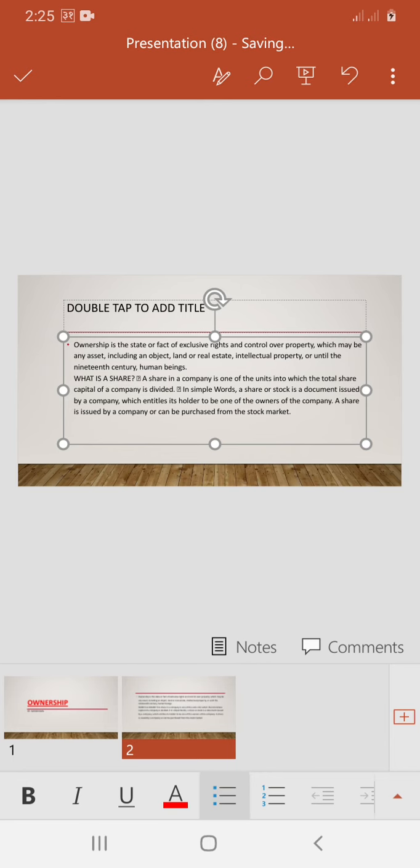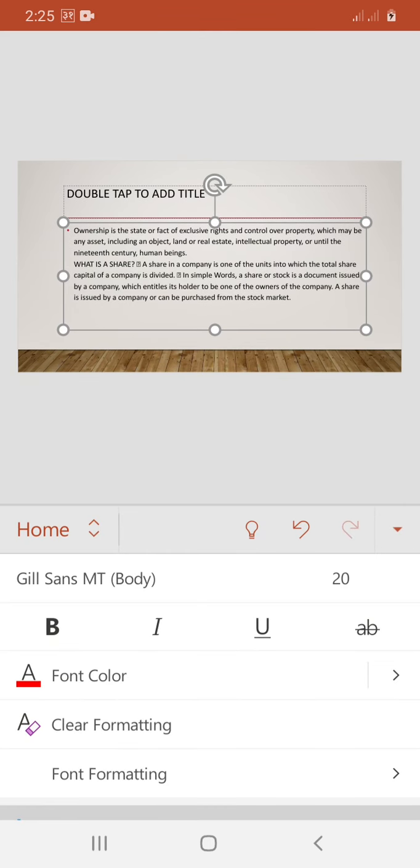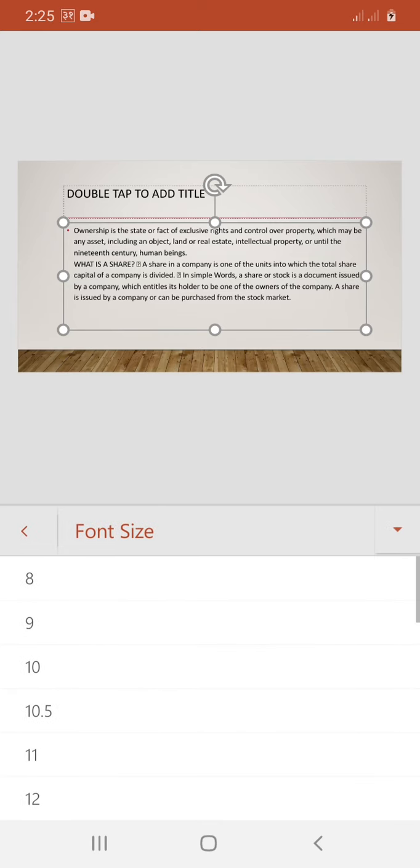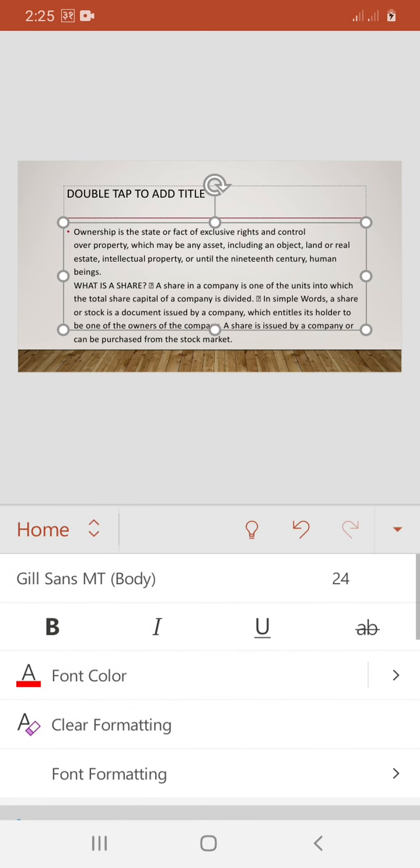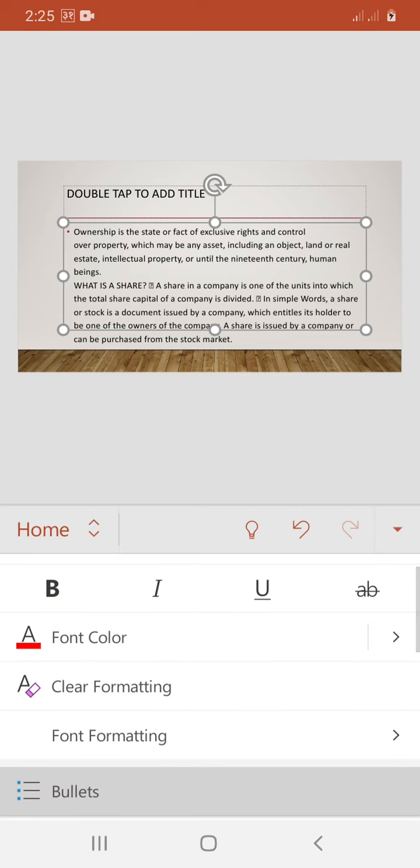By clicking on this, you can find a lot of options. This was already there, B I U, and 20 is the size of my text. For example, if I change the size of my text to 24, this is how it looks. For changing the font color, I will tap on the font color.